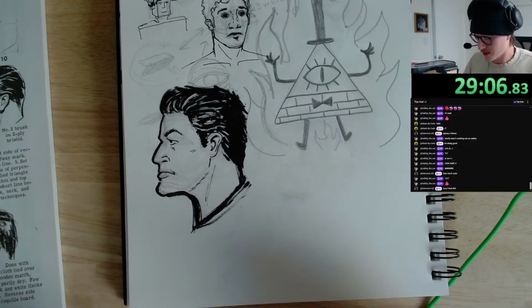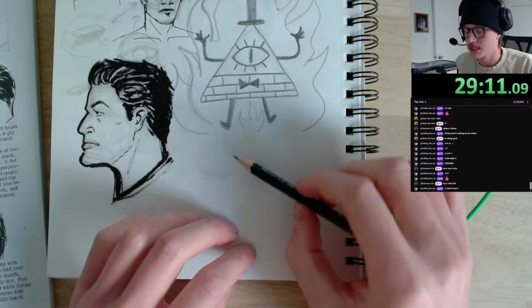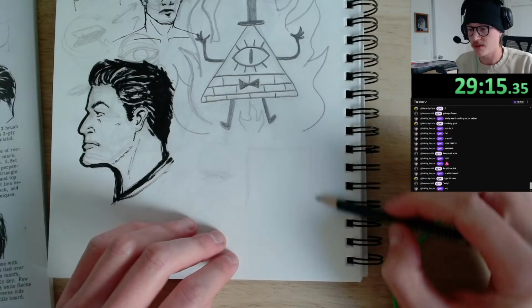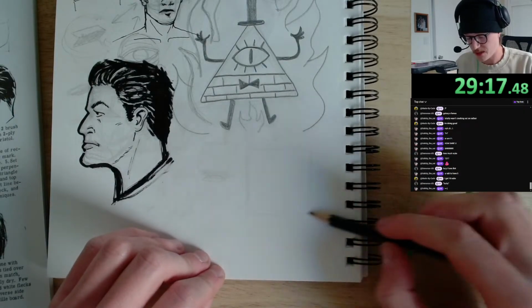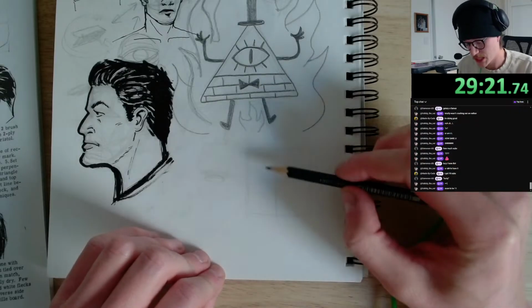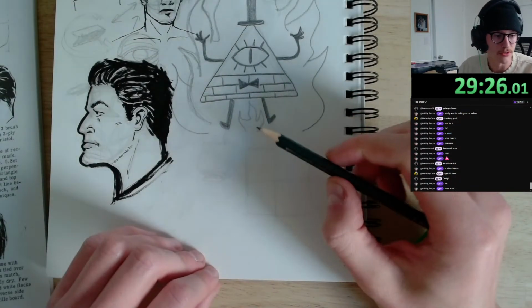Let's draw another face. So, same thing. We're going to start with a square to make sure that we're drawing correctly. I'll cut it into fourths. I know that the front of the face,